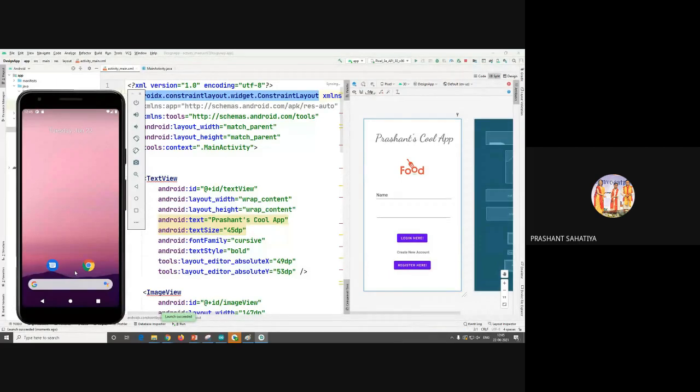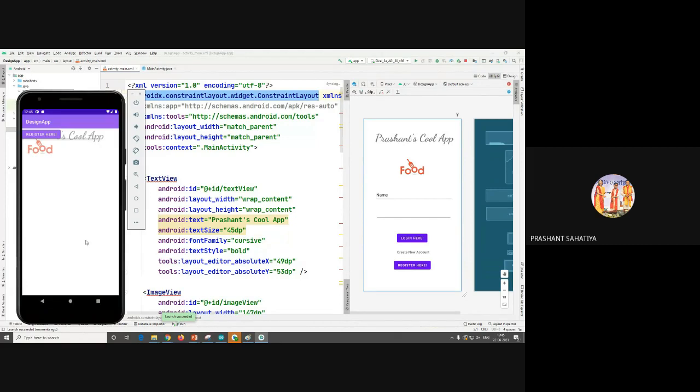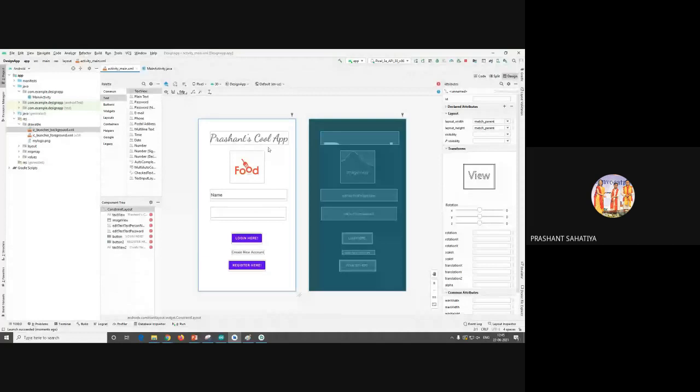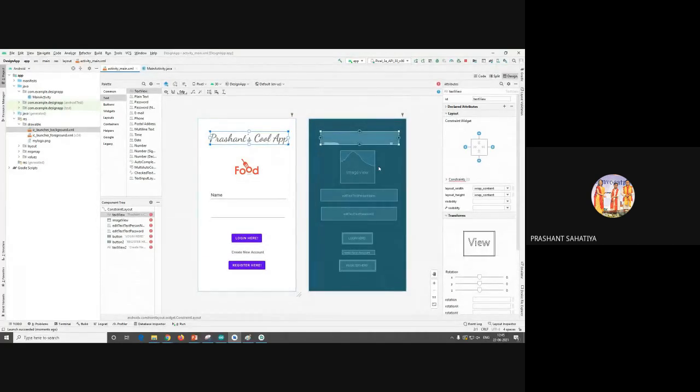Okay. Yeah, launch has succeeded. And the magic is this. What is this? A blunder. Why? Because you aren't constrained anymore. Exactly. We haven't added any constraints.